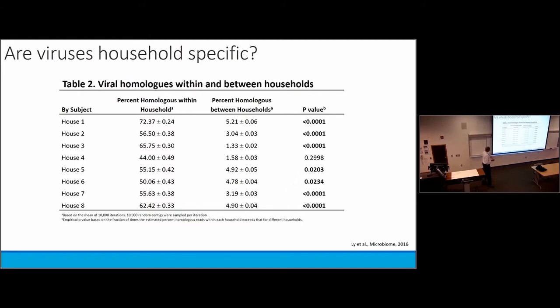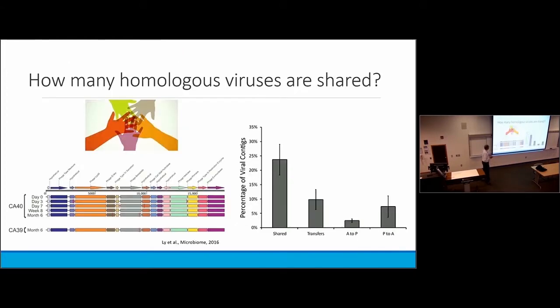This is real evidence of people sharing viruses in short time periods where these viruses really are taking hold within their microbiomes. We've gone on to do, again, some more traditional Sanger sequencing, where we can actually demonstrate that we can do PCR and find each of these viruses in one housemate, and then we can do PCR and show that same virus appearing in that housemate's virome as well.